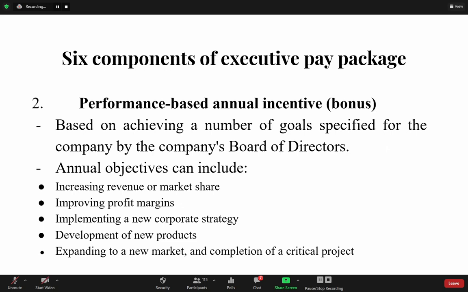You have performance-based annual incentives. This incentive is usually given to an executive when they achieve a number of goals which are specified to them by the board of directors. These objectives can include things such as improving profit margins, increasing the revenue of the company, implementing a new corporate strategy, developing a new product, or expanding to a new market. So when an executive achieves any of these objectives, as stated to them by the company board of directors, they are given this incentive. Next, we have